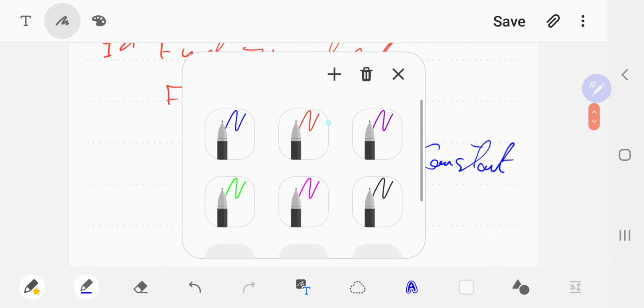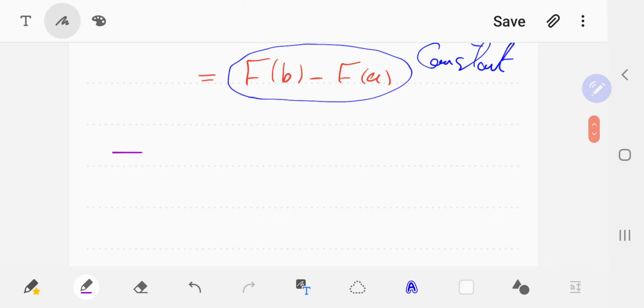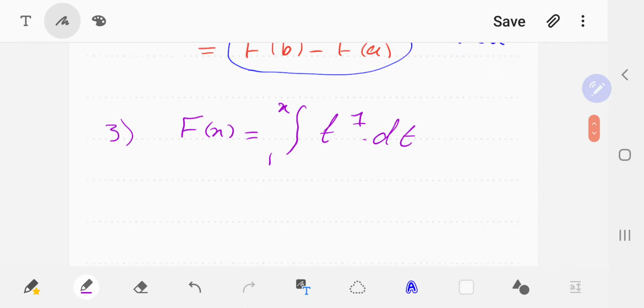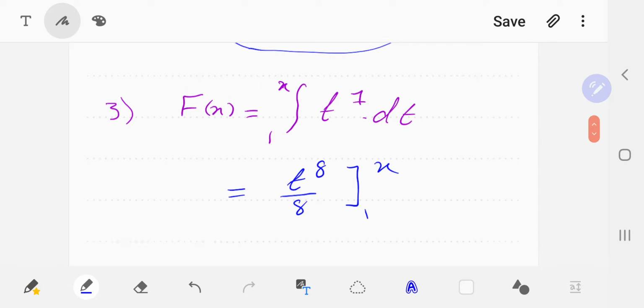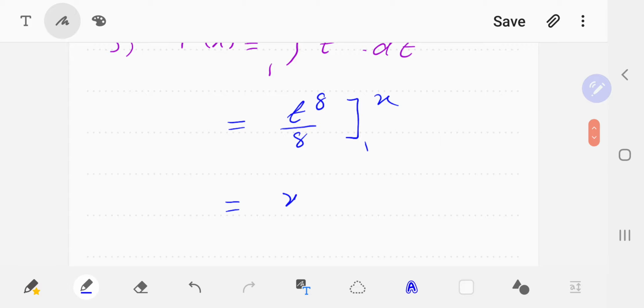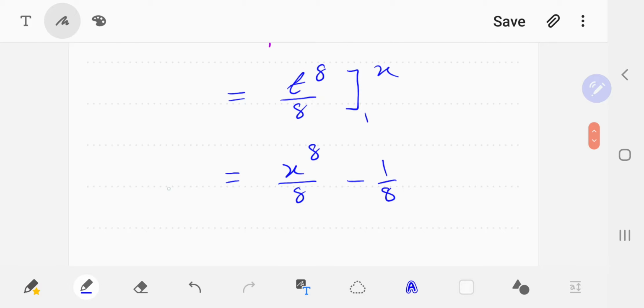Great. Now, my question is, if capital F of x is equal to the integration from 1 to x, not to another constant, of t to the power of 7 dt, what will you do here? Let's go through the process and see what you can conclude from that. Let's try to integrate this. This means t to the power of 8 over 8 from 1 to x. If you try to evaluate it, this will be x to the power of 8 over 8 minus 1 over 8. So this is capital F of x,